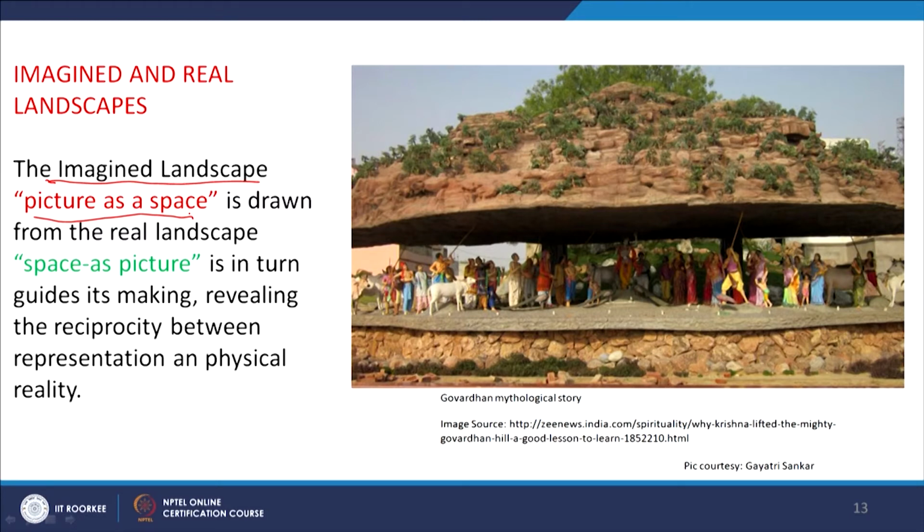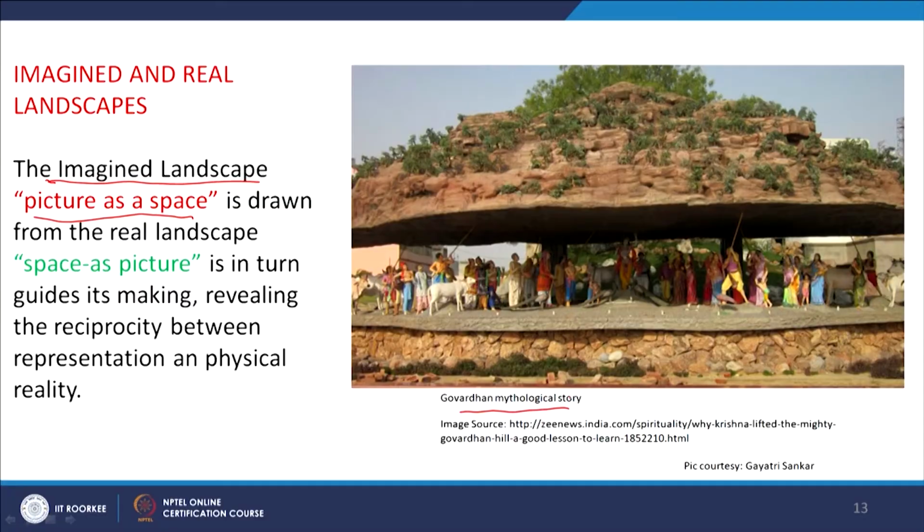I'll tell you an example. In this lecture, I will try to cover an example of what Amita Sinha has covered in her work on the sacred landscape of the Braj Govardhan. And in Indian society, we have some of the famous gods, Rama and Krishna. Krishna is another incarnation of Vishnu, where the Mahabharata war also took place.